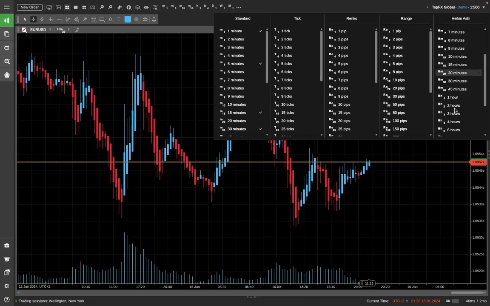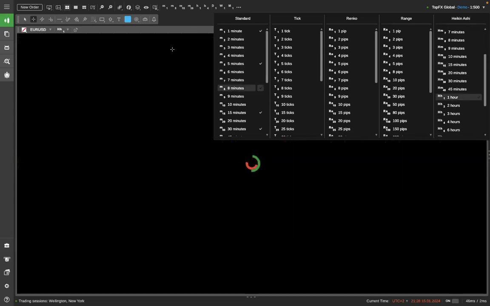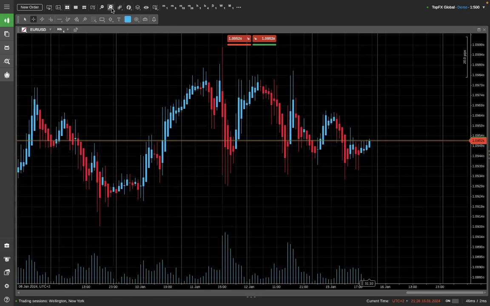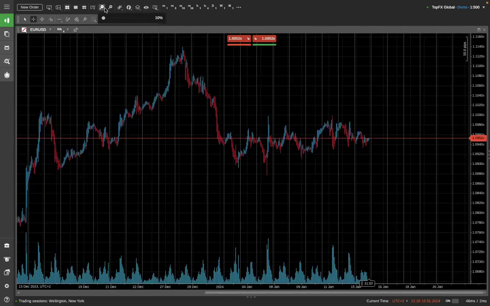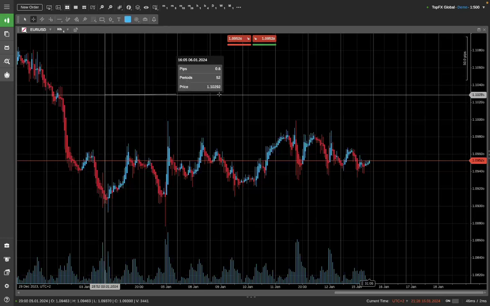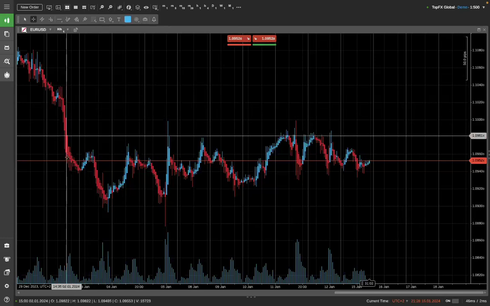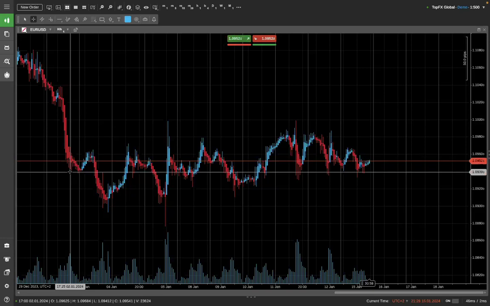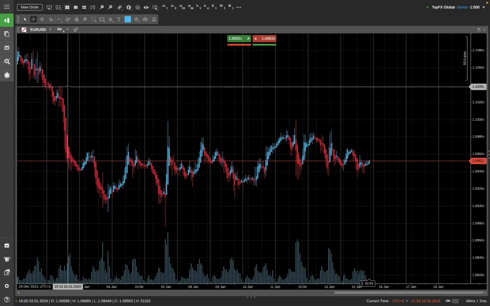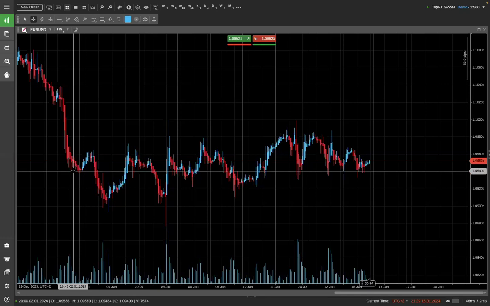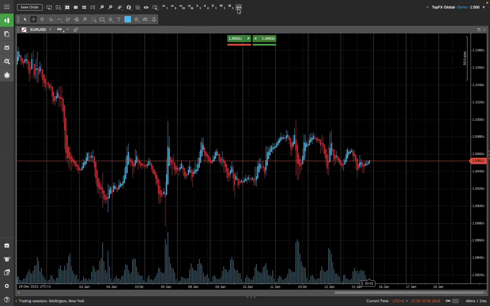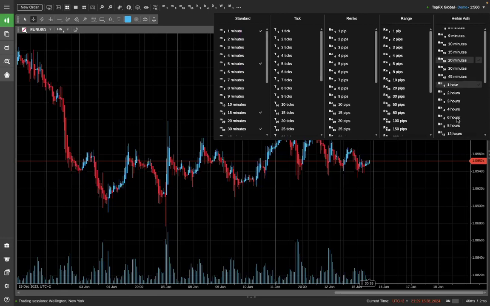If we switch this Heikin-Ashi to 1 hour, let's see what happened. You can see clearly that this chart has changed, and you can see the movement to the downside, which can be a little bit bigger in range terms, right? So you got 1.0939 as a very extreme bottom, 1.1038 as an extreme top. So this is a 100 pip movement, right? So using the 1 hour setting, you can catch this kind of movement. If you trade, for example, the 4 hour setting,